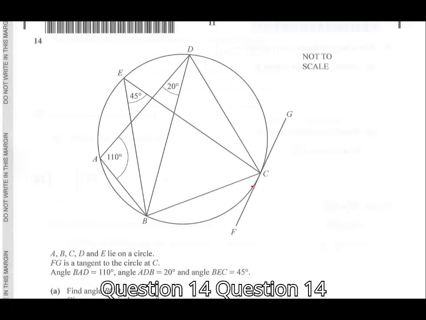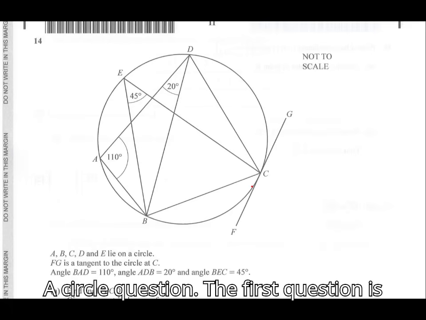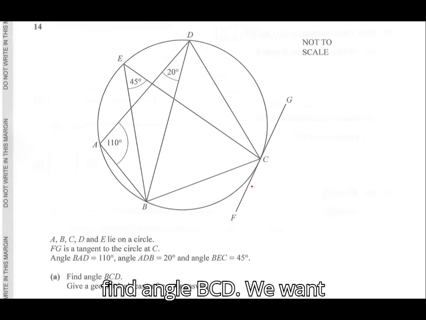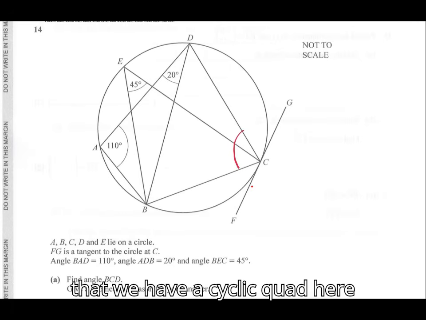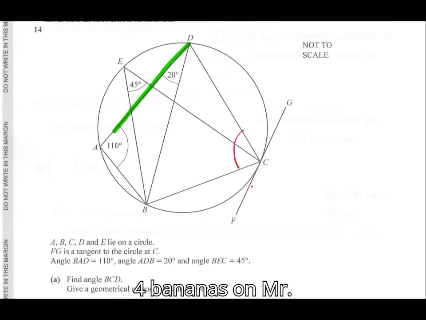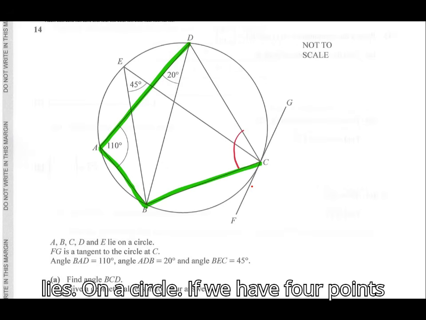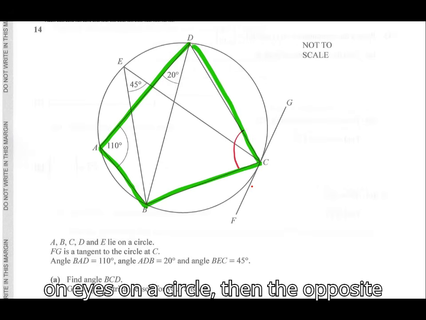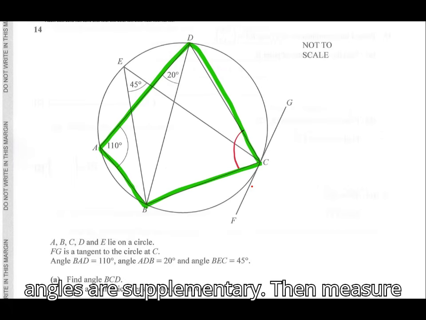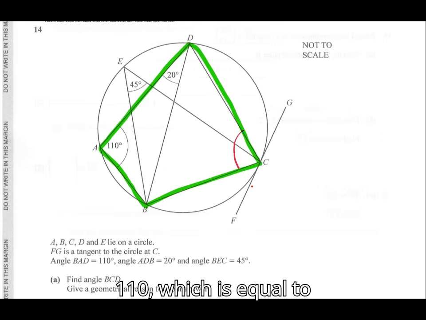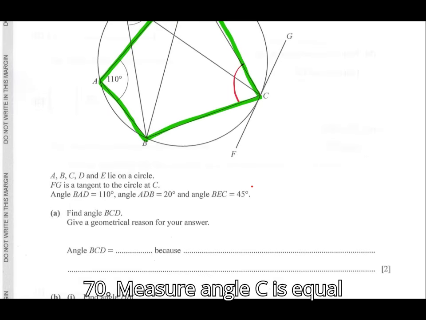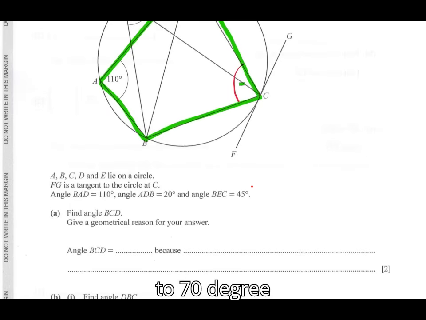Question 14, a circle question. The first question is find angle BCD. We want to find measure angle BCD. You can see that we have a cyclic quad here, 4 points lie on a circle. If we have 4 points that lie on a circle, then the opposite angles are supplementary. Then measure angle BCD is equal to 180 minus 110, which is equal to 70. Measure angle C is equal to 70 degree